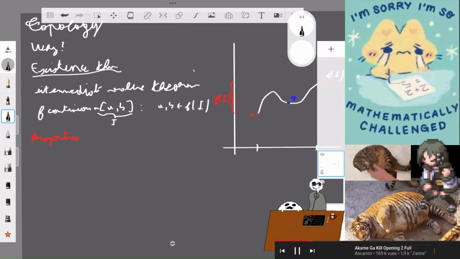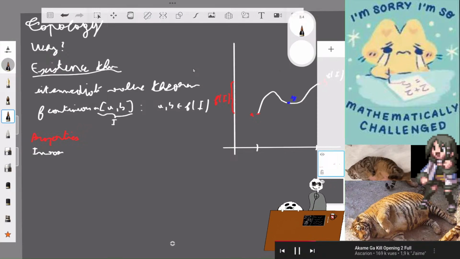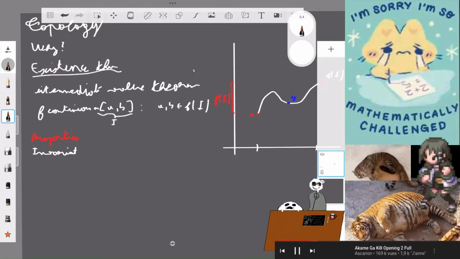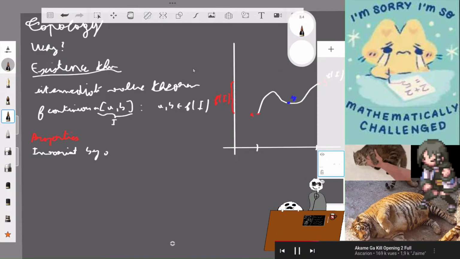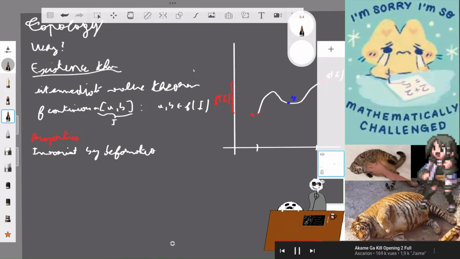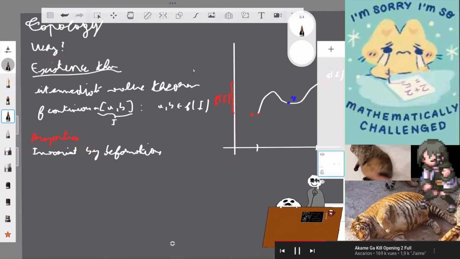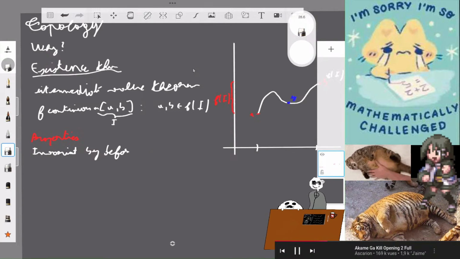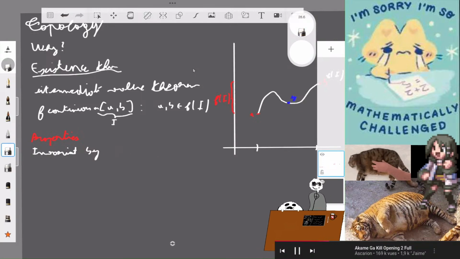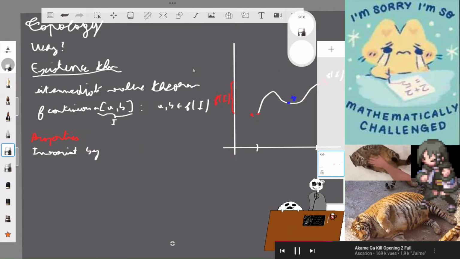So we got invariant by deformations, by continuous deformation. In English, messing me up. I copy in French and translate on the way, and then I get messed up by